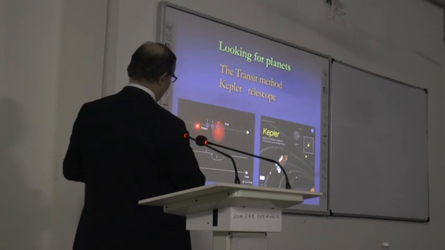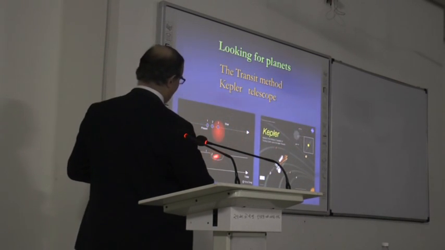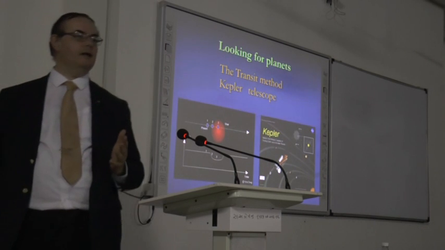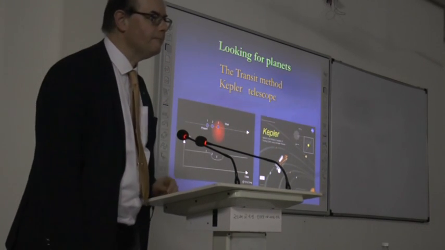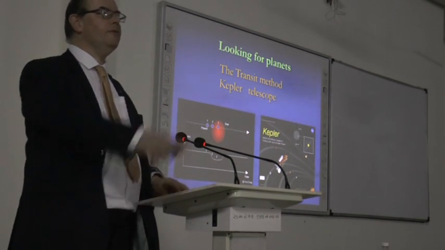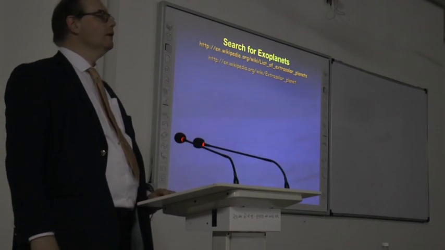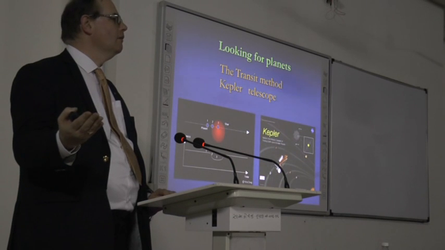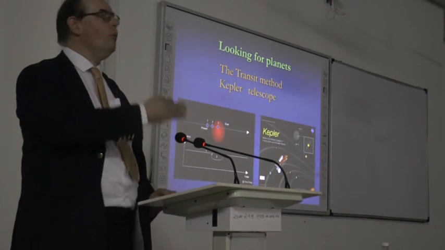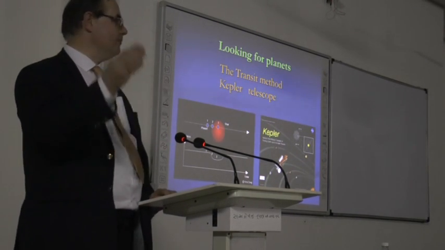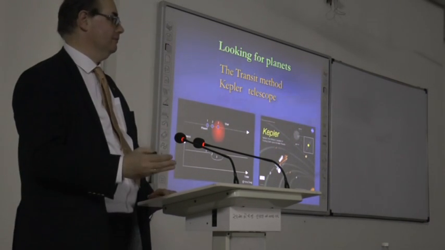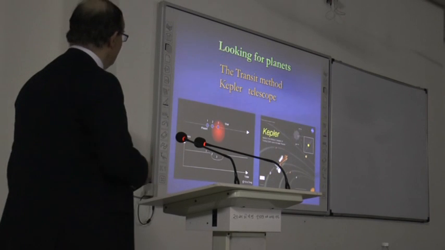We know there are planets there because we see them go in front of the star, making a little eclipse, like that. Anybody seen an eclipse? They've been in India. Anybody not seen the eclipses in India at some time? Solar eclipses? Yes? Good. If you get a chance to see one, go and see it. Even if it's not a full eclipse, it's a wonderful experience. If you get a chance to see a total solar eclipse, it will be one of the most magical things in your life. Go and see it.